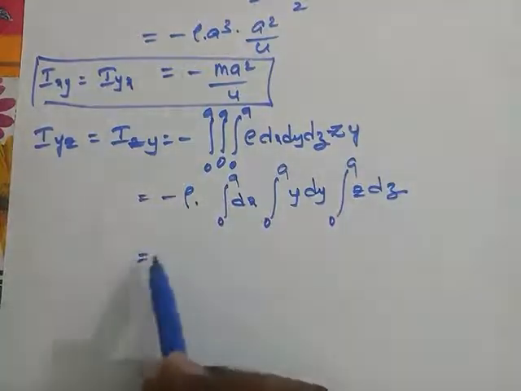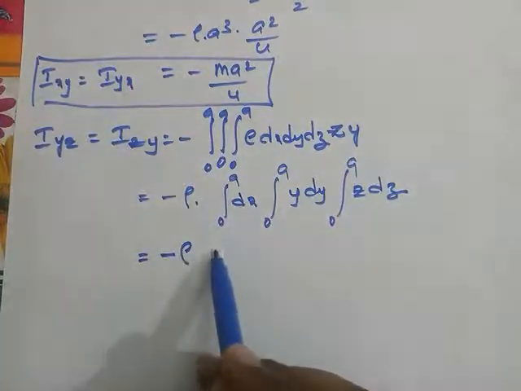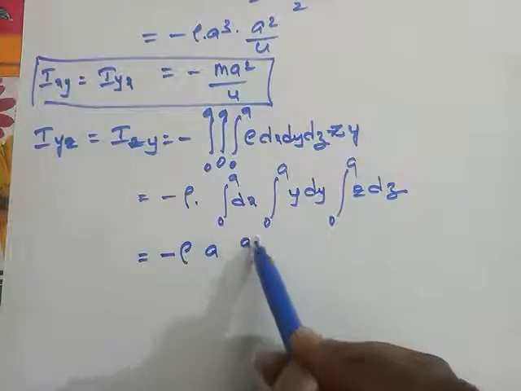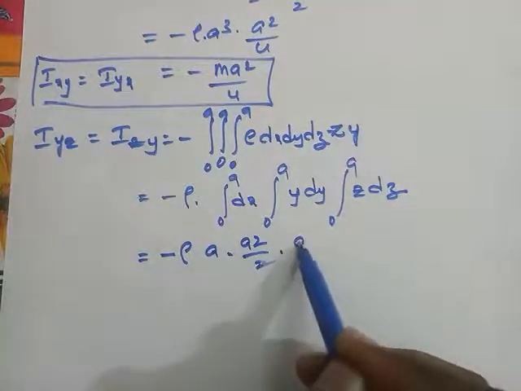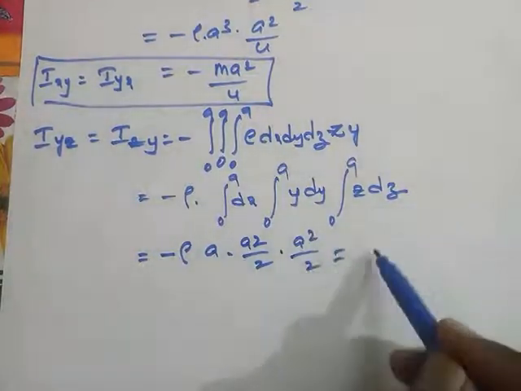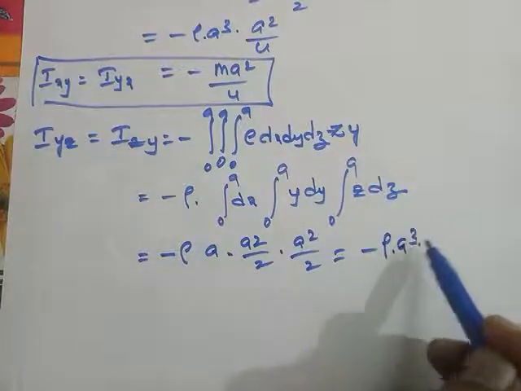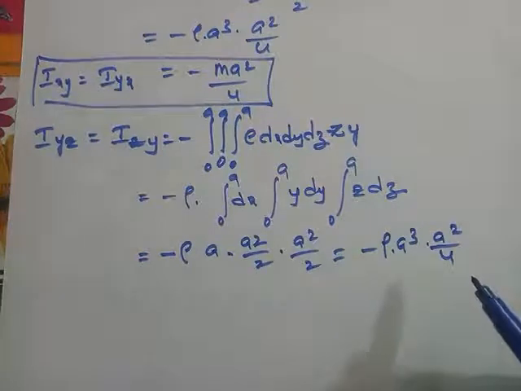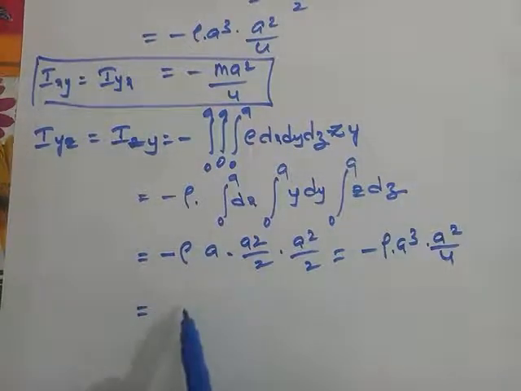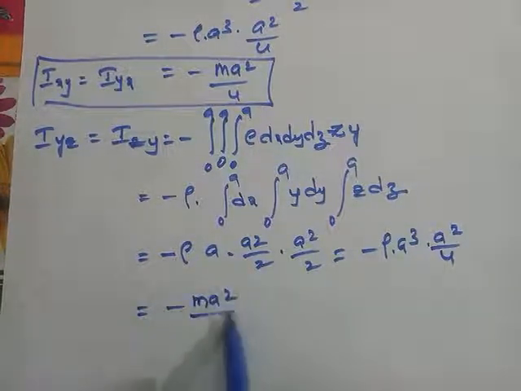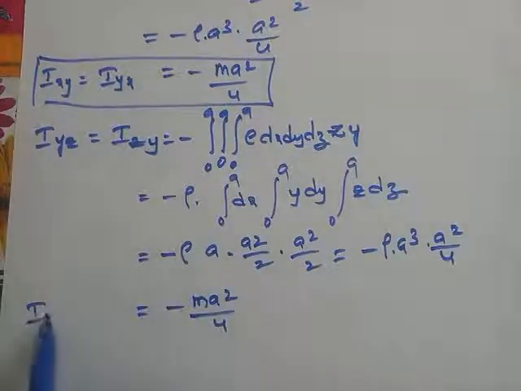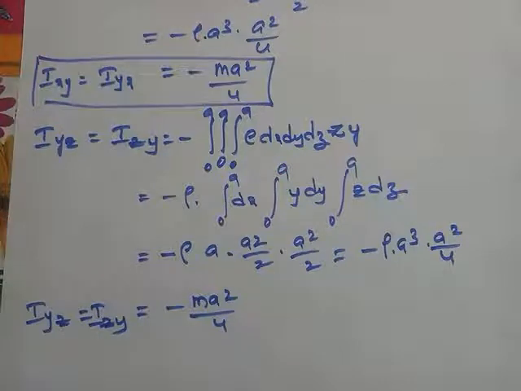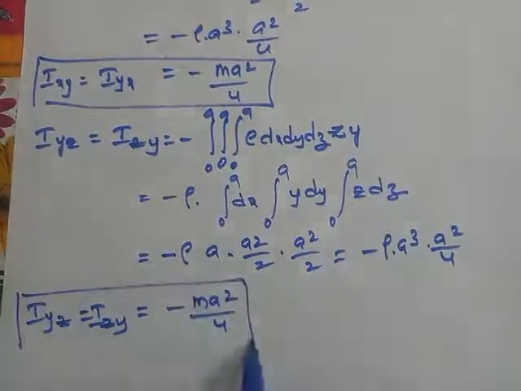Solving this one, we get minus rho, and here it is a, this one will become a square by 2, and this one will become a square by 2. Finally we'll get minus rho into a cube into a square by 4, so finally minus m a square by 4. So here also Iyz and Izy is equal to minus m a square by 4. So the next term is